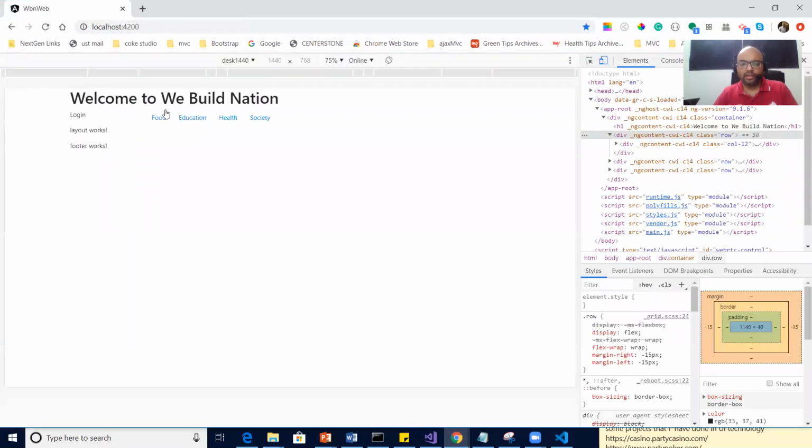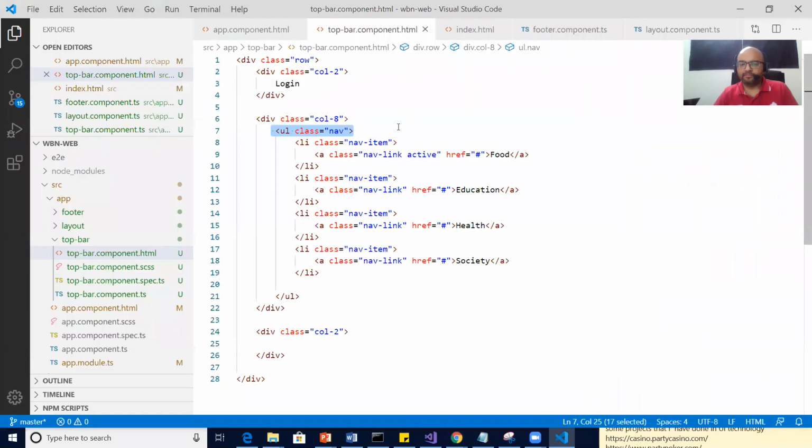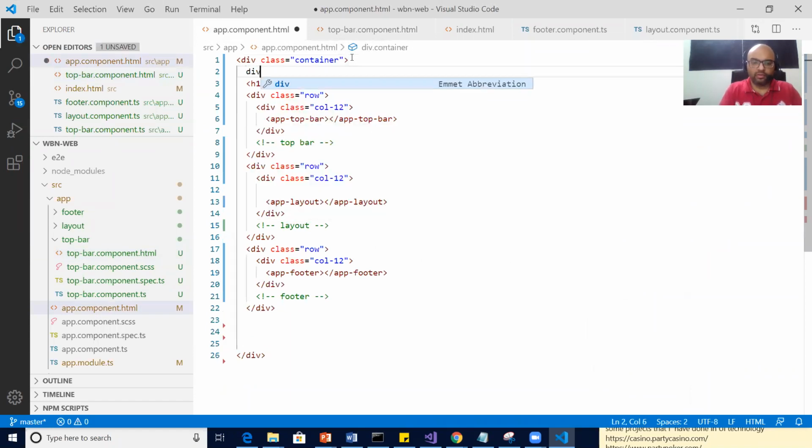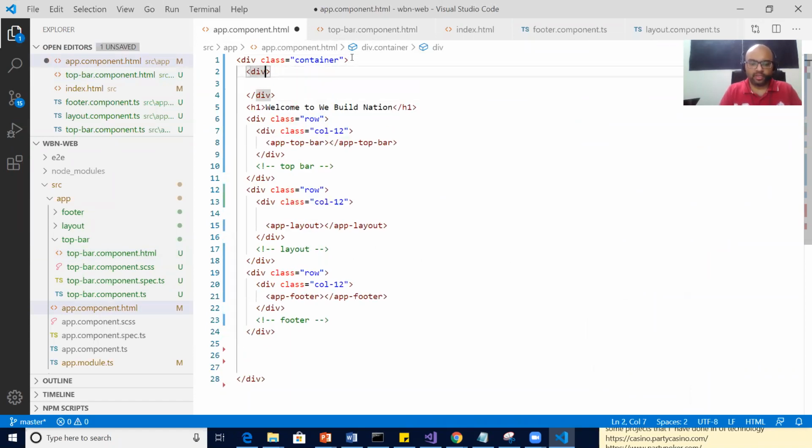Okay, great. So you can see login, and you can see food, education, health, society, all these. Correct? Guys, yes, no? So I go to the app component, and for this also I will do the same thing.